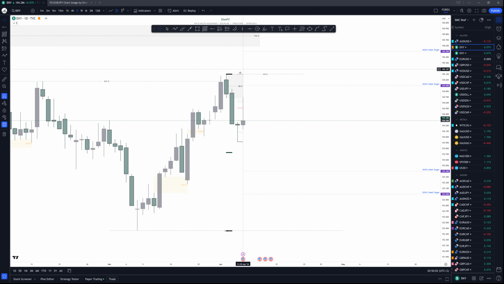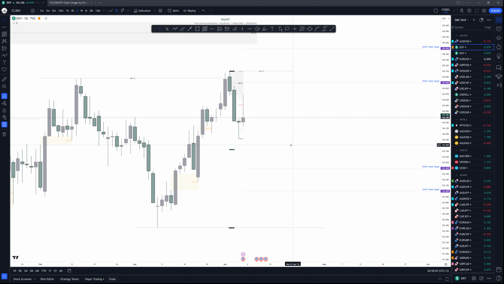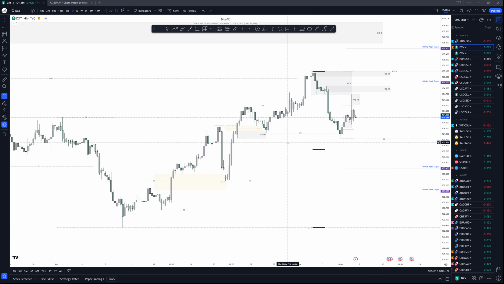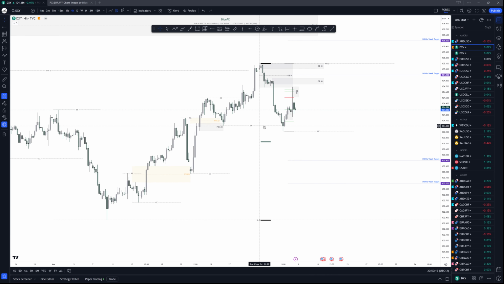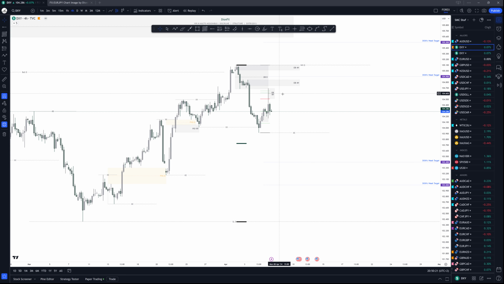Okay. So for SMC traders, what we want to see is after every change of character, we expect price to come deeper around these levels, and then from there look to buy it once more to the upside. Okay. And as we see right here on the 4-hour, we got this change of character right here. So I would like to see price come into these deeper levels, and then from there look to sell the market to the downside, right?